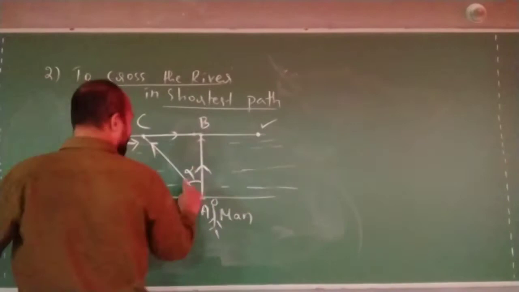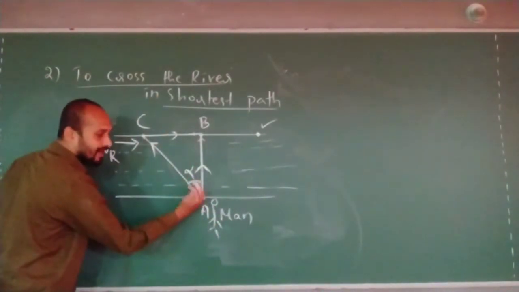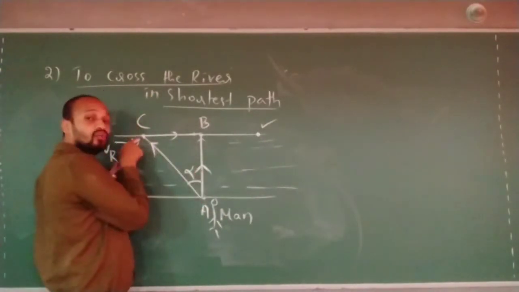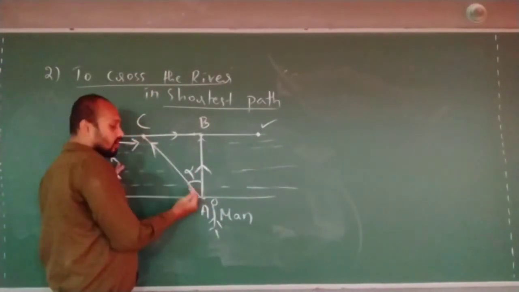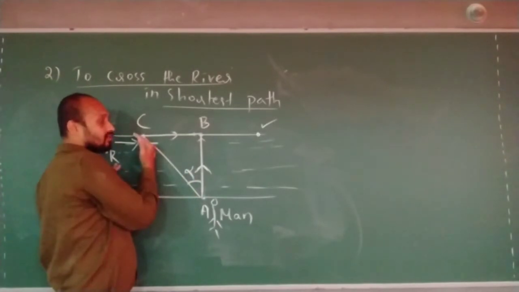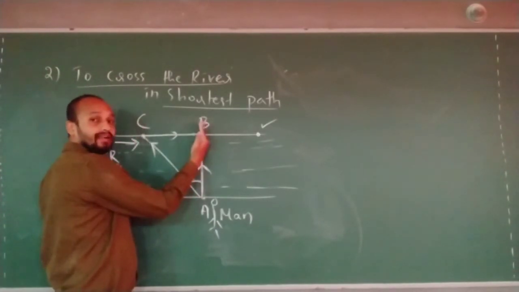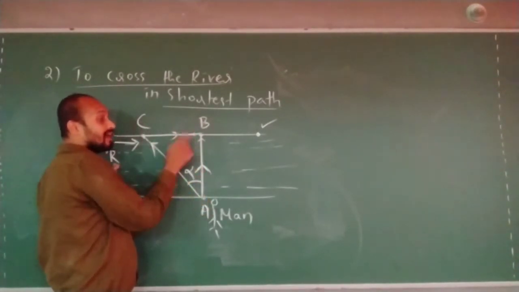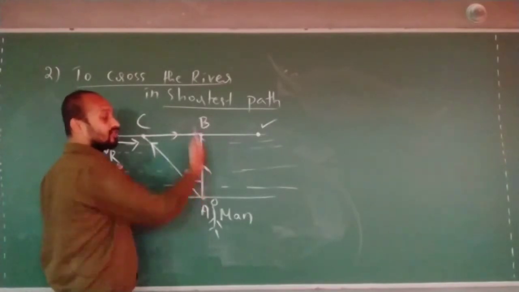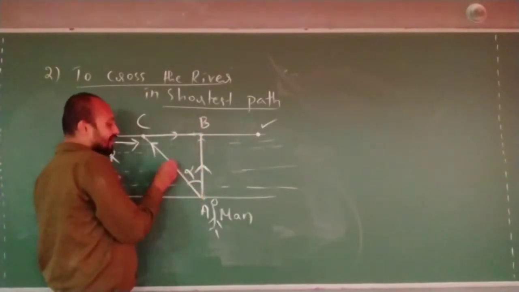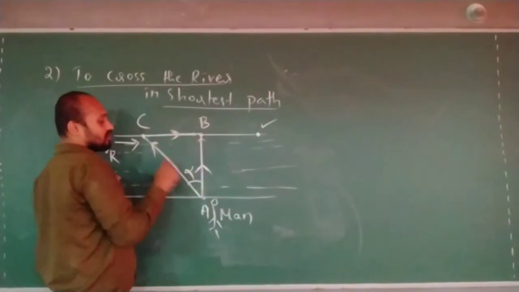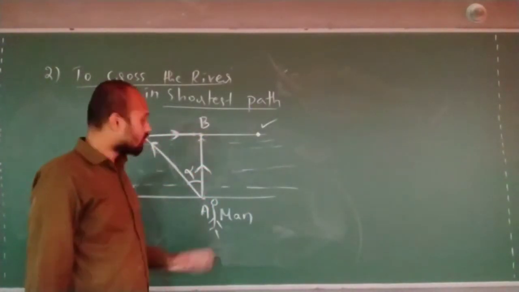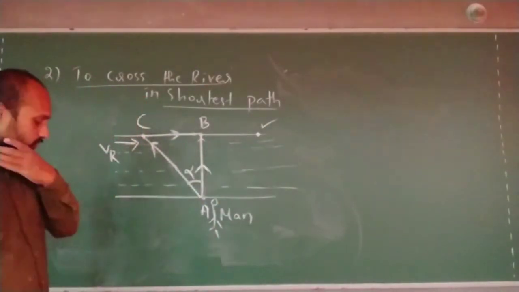He will decide with a certain angle, such that if he moves like that, he is going to reach point C. So he is going like this, but the river will push him right side, such that the resultant of these two motions will give you this motion. The resultant of these motions, by the vector law of addition, will give you this motion. This is what I do.